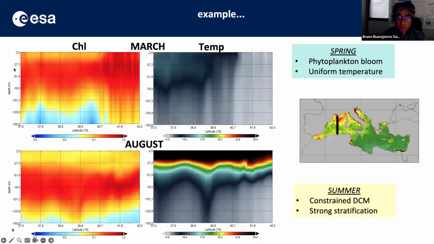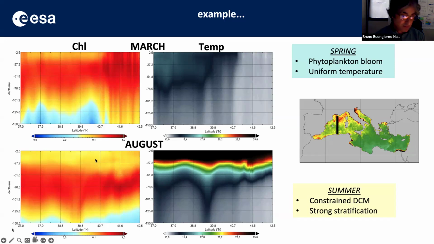So what we have in spring is a spring bloom that is of course observed very well at the surface, with deep mixing occurring in the northern part. And for example, in summer, we have much more stratified conditions and the appearance of a deep chlorophyll maximum that we could not detect if looking only at the surface values measured by the satellites, because the satellites